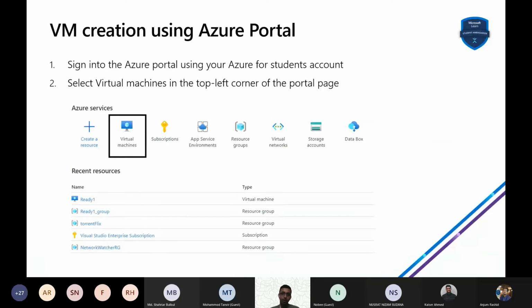Okay, so let us learn for a while how we are going to create a virtual machine using the Azure portal. I'm going to the demonstration part later, and first I will show you how to do this. The Azure portal, as Kaisar has demonstrated in the first part, how you are going to avail the $100 Azure credit in your student account. So after you have activated that, you can go to,